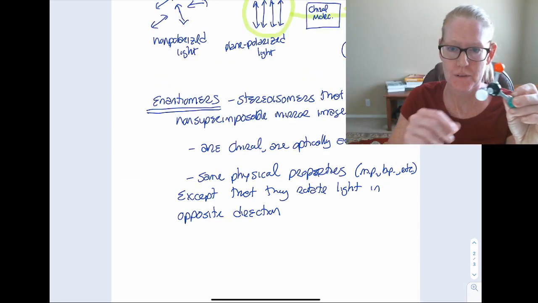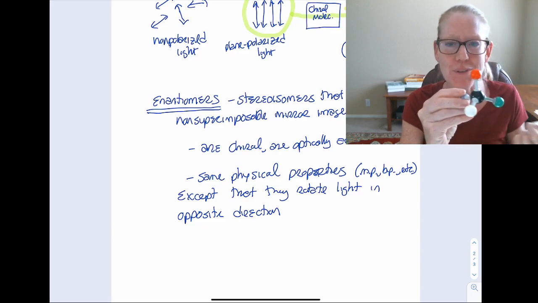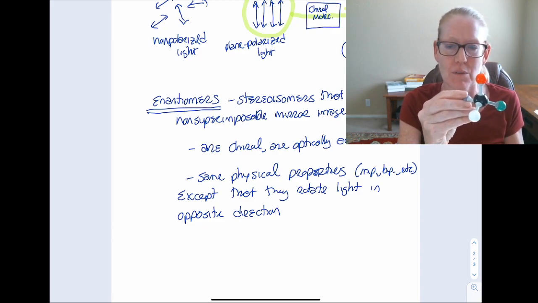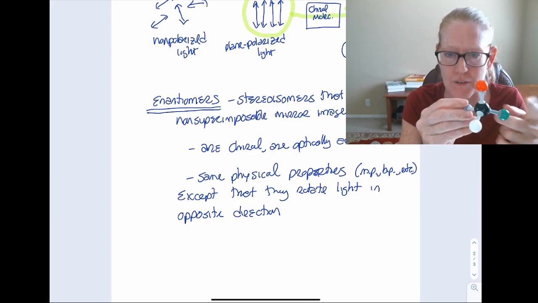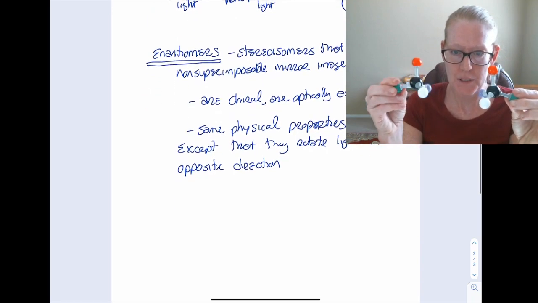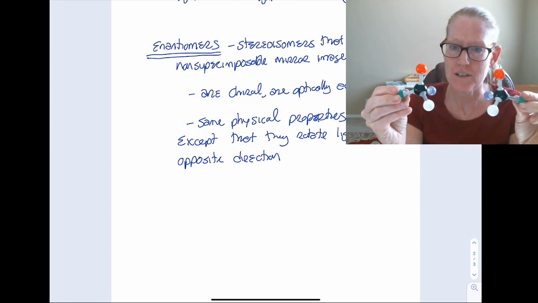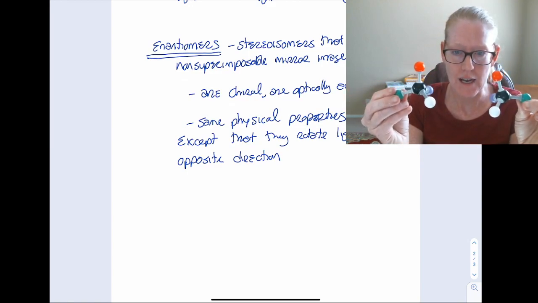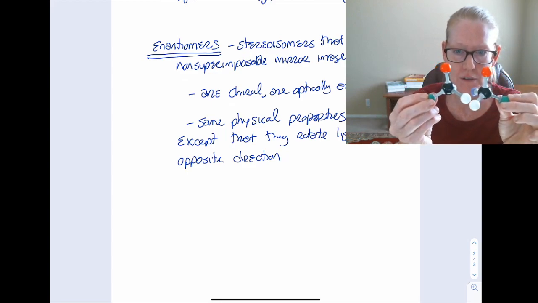Okay, so a model for us. I have a tetrahedral carbon bonded to 4 things. It doesn't particularly matter what those 4 things are, right? In the example, I had a methyl group and a chlorine. Here, I just have 4 different colors, but it's 4 different things. So I have this one, and then this one here is going to be its mirror image, right? The orange is up, just like in our example, we had the methyl groups up. I have my green ones going back,